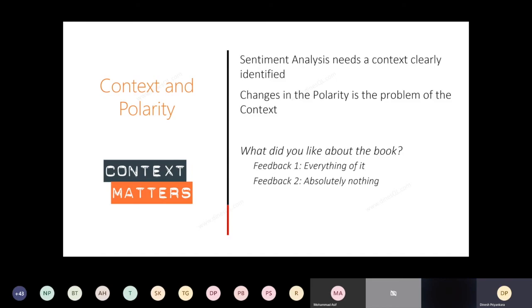But when you go through all your data, if for some reason the question has been changed, it means the context has been changed. Let's say the question is now, "What did you dislike about the book?" Then it's very difficult to determine the real sentiment value, because certain feedback relates to question type 1 and certain feedback relates to question type 2. So if you do not know the exact context, it's very difficult to continue with sentiment analysis. Again, this is a challenge. You need to make sure you understand the context and you stick to that context.